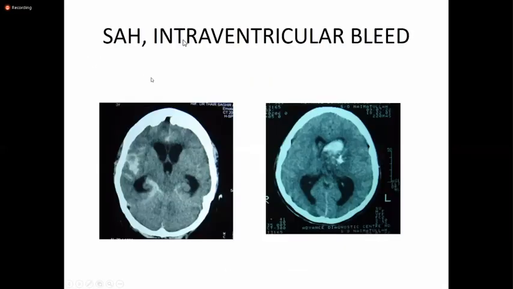So next slide, the cause of hydrocephalus is subarachnoid hemorrhage. This subarachnoid hemorrhage is in the Sylvian fissure. I showed you in the previous scans. The Sylvian fissure is the junction of the frontal and temporal lobe, and this is another pool of CSF. So this pool of CSF is filled with blood. So this subarachnoid hemorrhage is leading to the hydrocephalus. Again, you can see the Mickey Mouse appearance and dilated temporal horns.